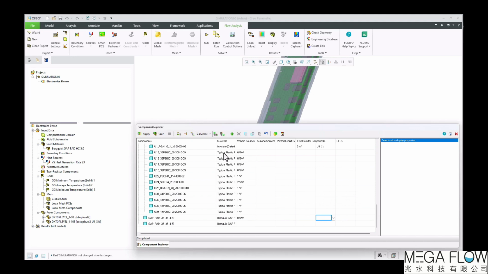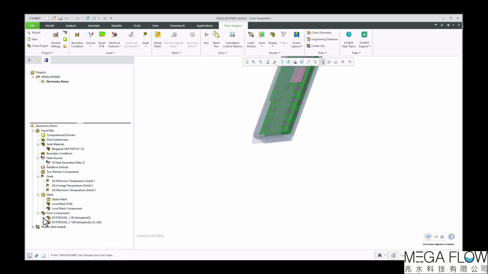Now, a lot of these components being displayed here are coming in from our sub-projects under From Components, and they cannot be modified here under our main project Component Explorer. So there's two methods to use Component Explorer for these sub-projects. One is open up the project individually, where you can use Component Explorer to create or modify the features of the components in that sub-project. Then you can save that sub-project, go to From Components, hit Update All, and it will be updated here in